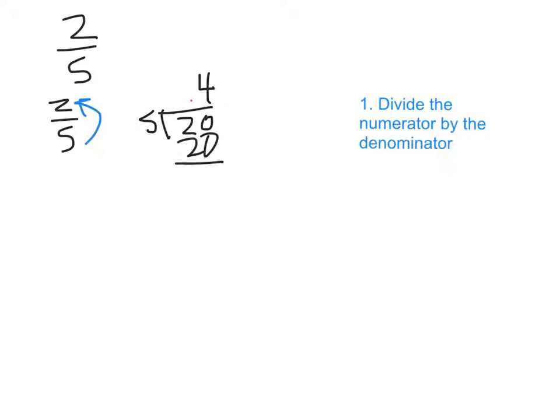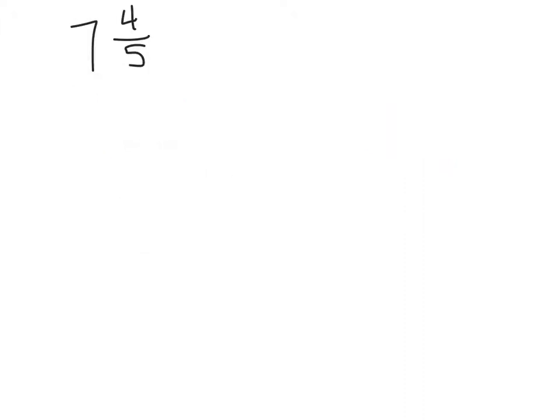So now our decimal is 0.4. And that's all there is to it. Let's try one more just for good measure. So we have 7